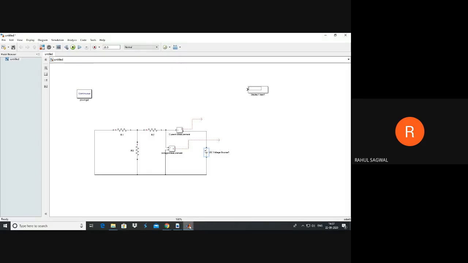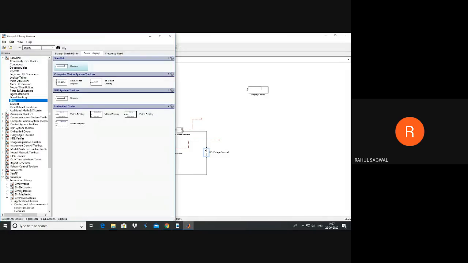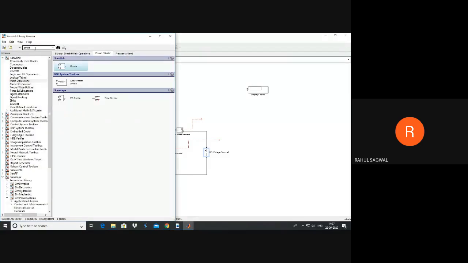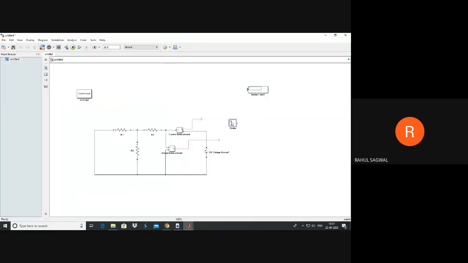For that, we'll go to the library browser. Let's search for a mathematical operator for division. You need to divide voltage by branch current.